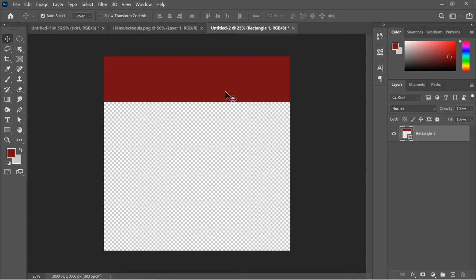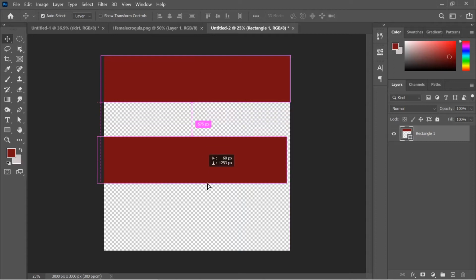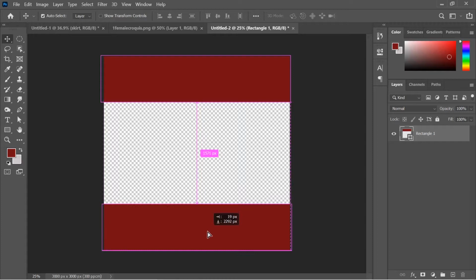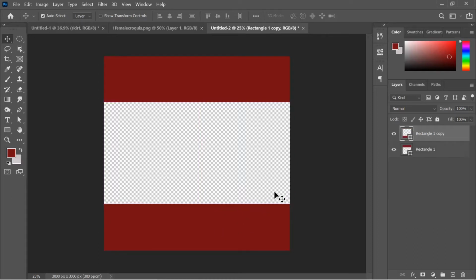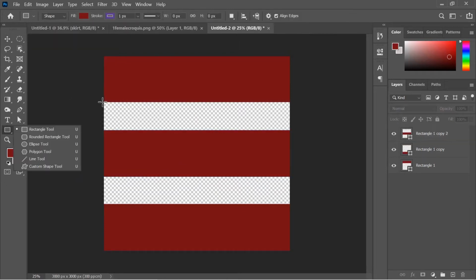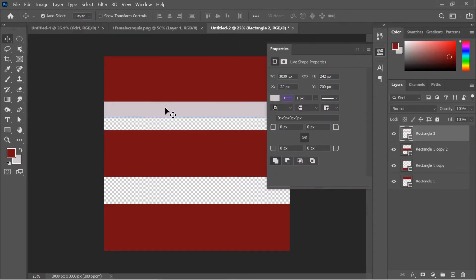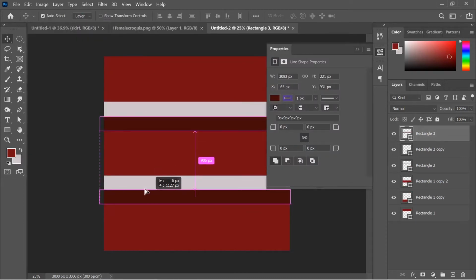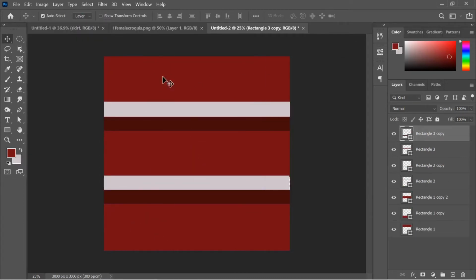To duplicate this layer, press Alt and click and drag it so that it gets duplicated. Then you have to create a repeat for this pattern.